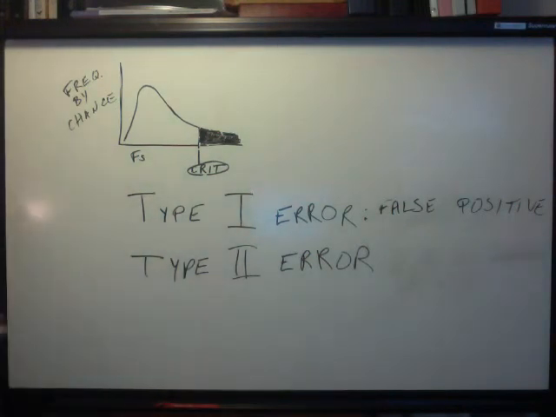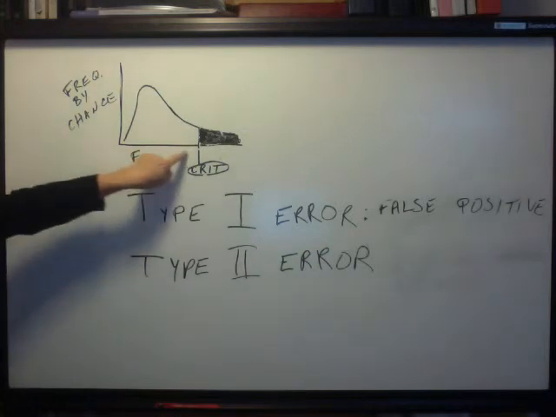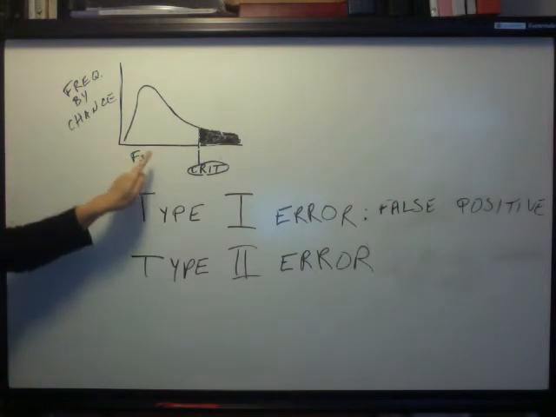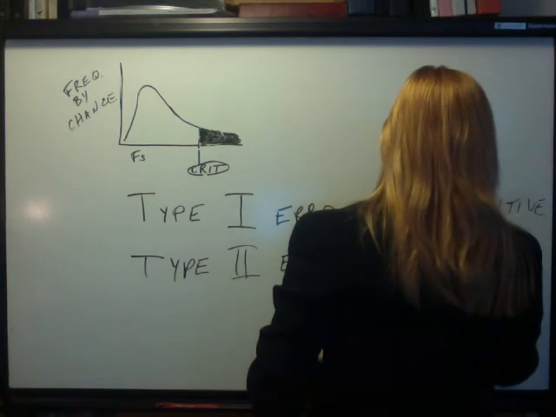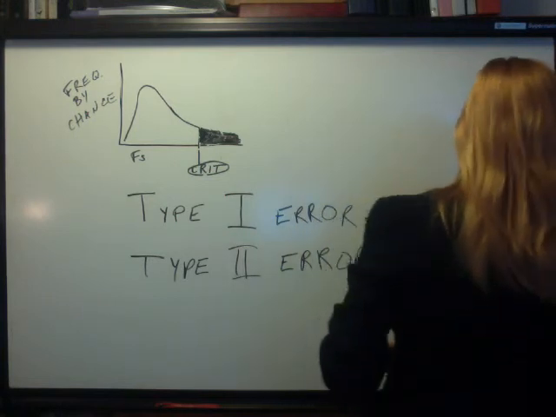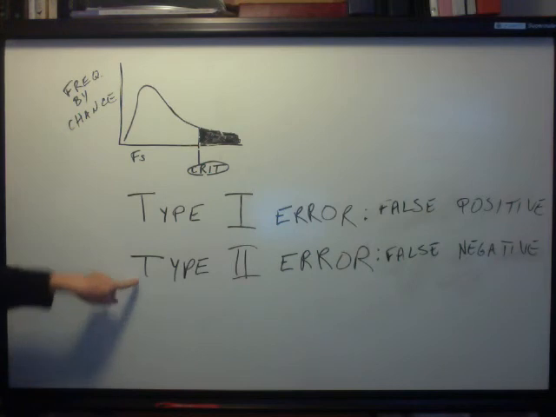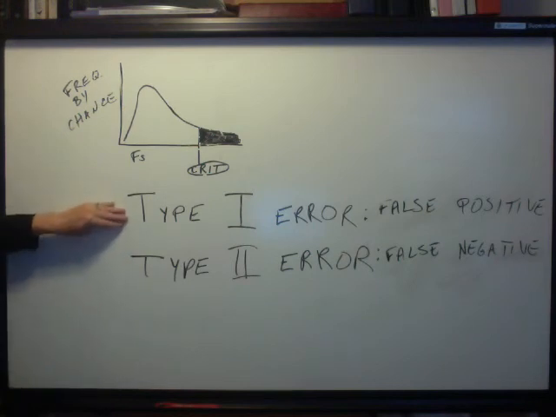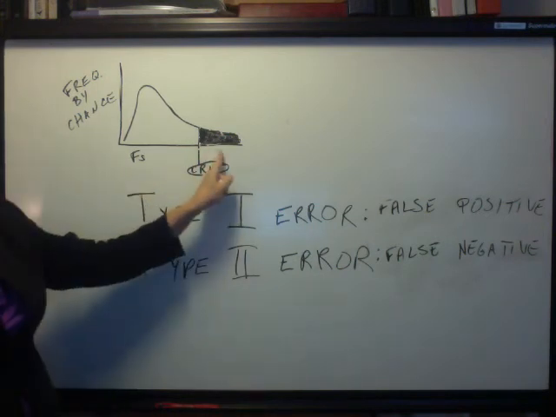In contrast, the other kind of error we could make, we could find our obtained statistic falls somewhere over here, and therefore we don't claim an effect. We're saying we didn't find anything. If we do that and we're wrong, it's similar to a false negative in medicine. You did a test and you said nothing happened, and you're wrong. So think of a type 1 error as a false positive and a type 2 error as a false negative. In the funny backward language of psychologists, type 1 error is therefore falsely or wrongly rejecting the null. Because rejecting the null is when we get over here and claim an effect.